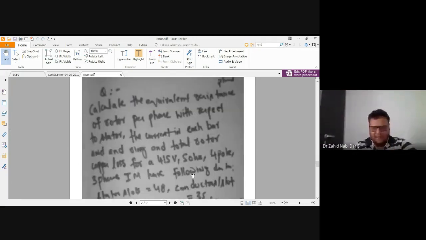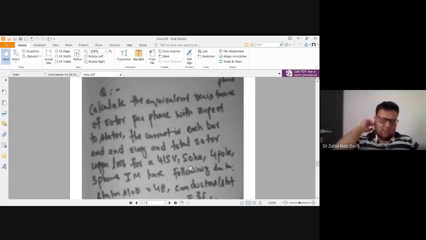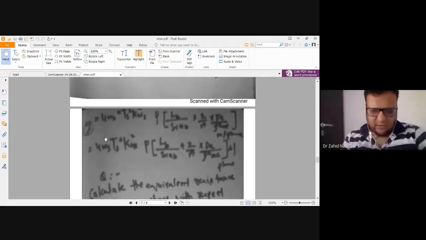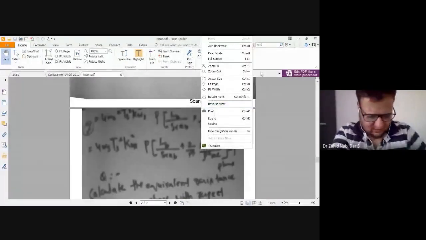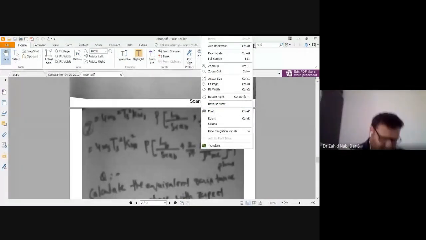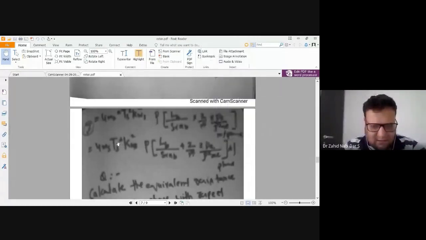We will read this problem because our aim is not to finish the problem, but to understand the problem. See, the problem is almost done. Only thing is that I have to now substitute these values, the answers. I just need the TS value, I have KWS, P, LB, SR, AB. In this formula I have to substitute. By that time, you try to substitute and get me the answer for the end ring.